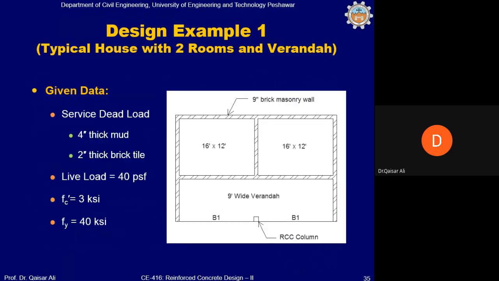अच्छा, गिवन डेटा service dead load consists of 4-inch thick mud layer and 2-inch thick brick tile. Again, it is very simple. You will calculate the loads from this: thickness of the mud multiplied by its unit weight, thickness of tile multiplied by its unit weight. Live load can be picked from the code table. It is 40 psf for residential building. f'c 3 ksi and fy 40 ksi. ओके,